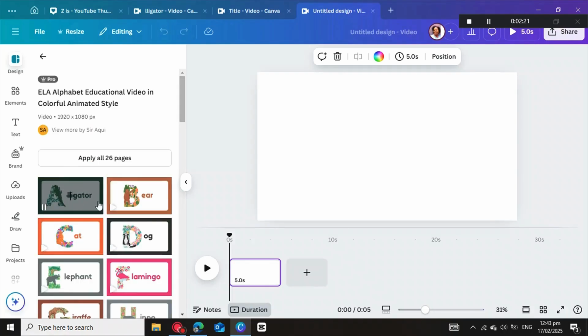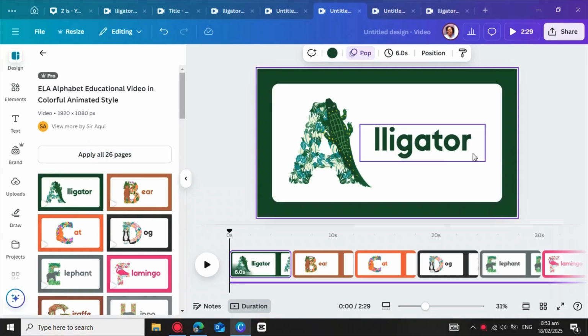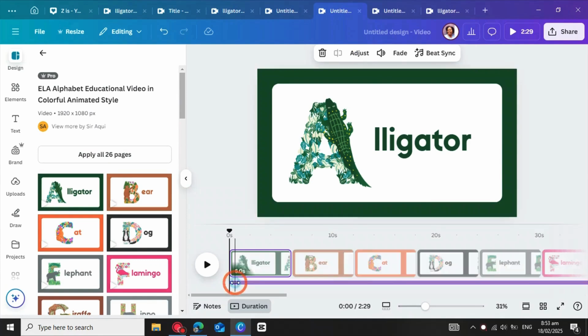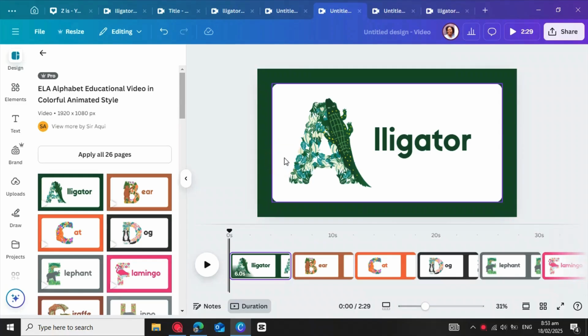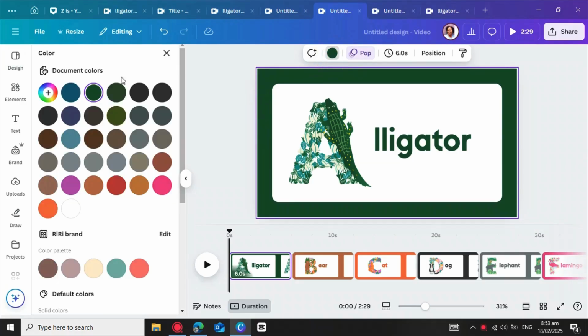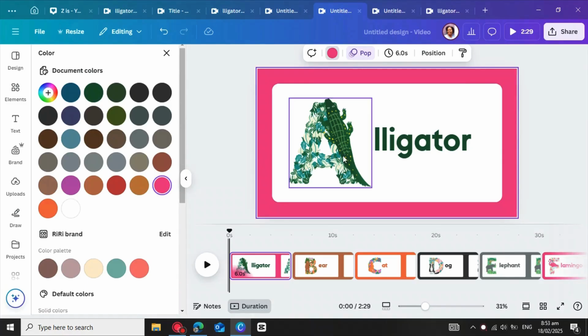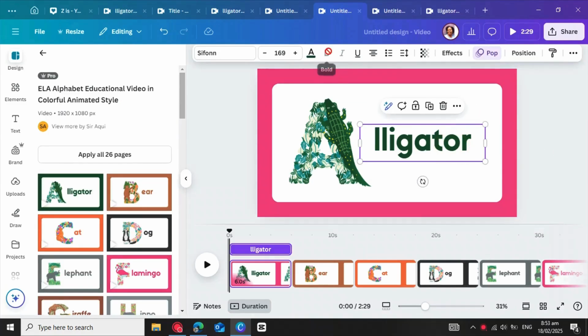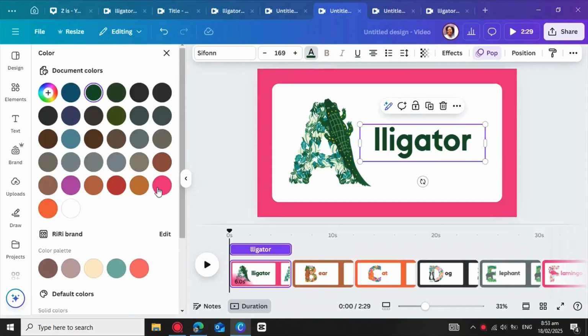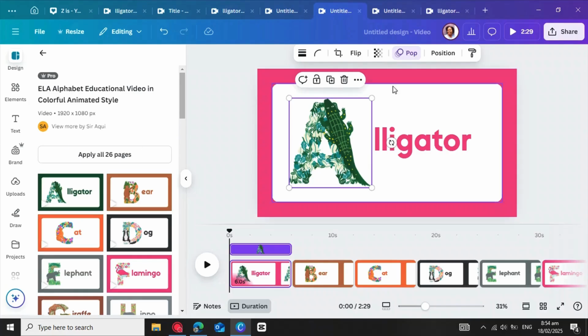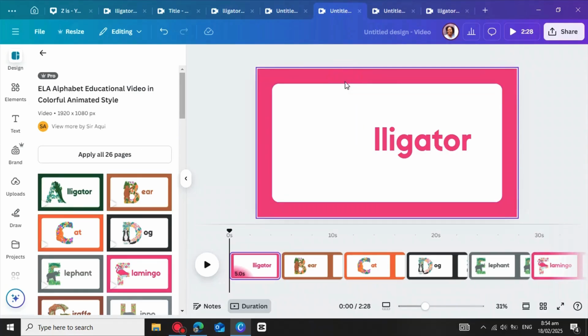So I'm going to select this one, and then I come here to apply all 26 pages. Okay, the first thing that you need to do is to click on this track, and then we delete it. We don't want it. We're going to use our own. Then you come here to change the color of the background. We can just change it to pink, and then we can also change the color of the prompt to pink. Let's change it to the very same color, and then we need to just delete this animal. So we're going to delete this A for the alligator, and then we're going to